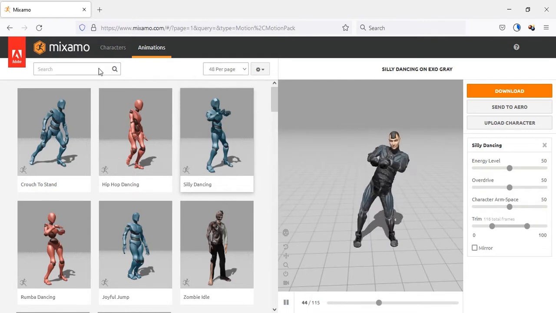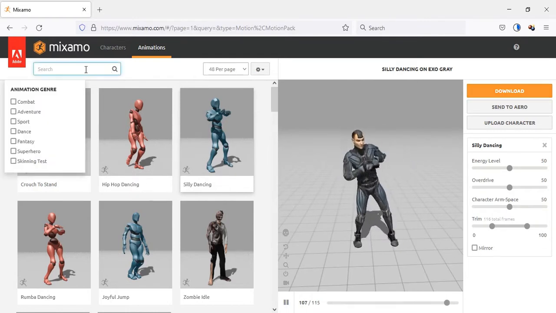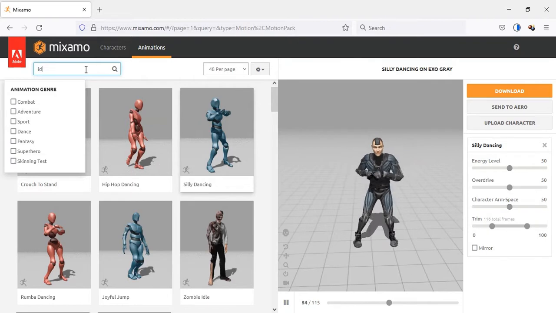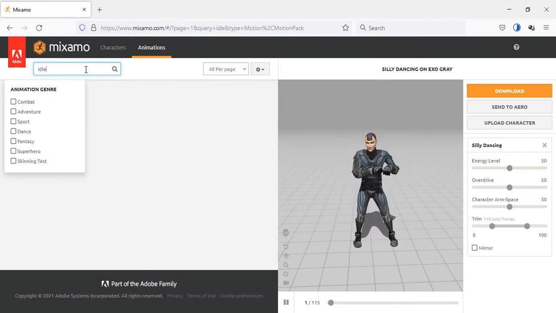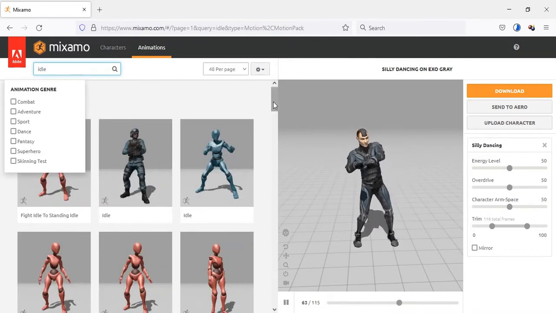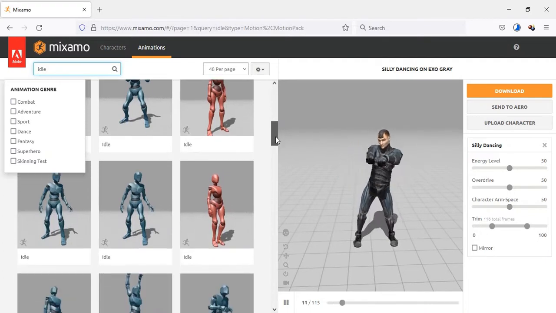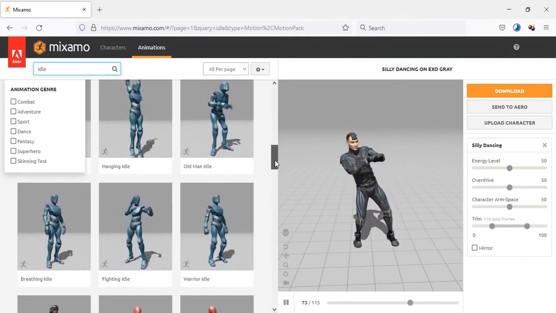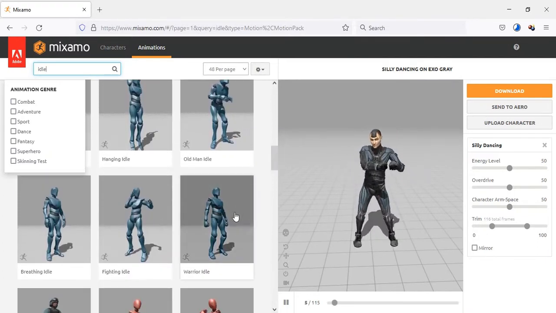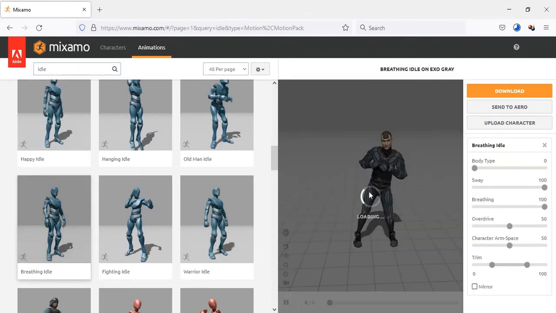Now I am going to select another animation clip. I search for some idle animations. Yeah, I use this breathing idle.